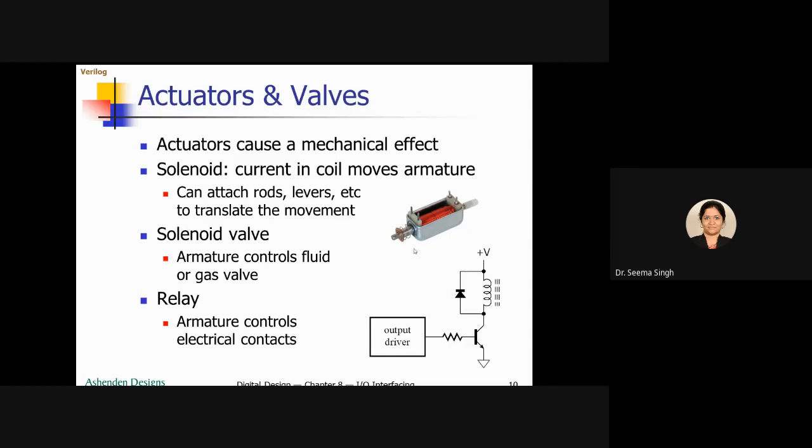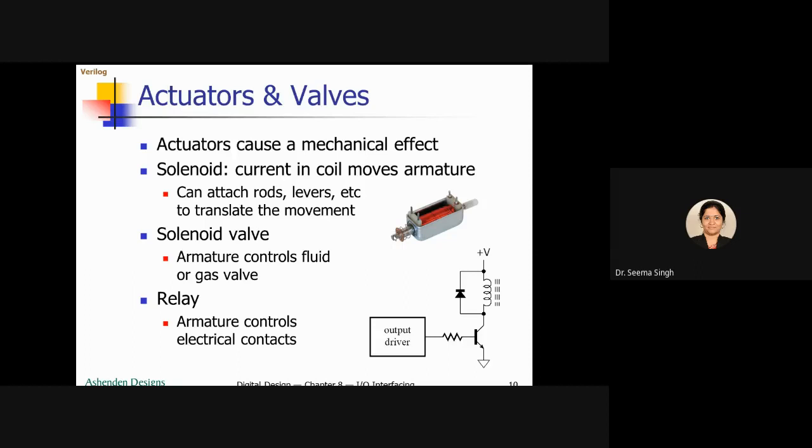Now, when you saw that a small linear motion is created with this electromagnet, this solenoid, if you attach a rod or lever to this, imagine if I am attaching one rod to it in a horizontal or vertical direction, I can translate this movement. This can be further used for other physical control of anything.